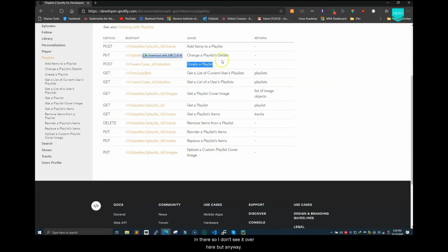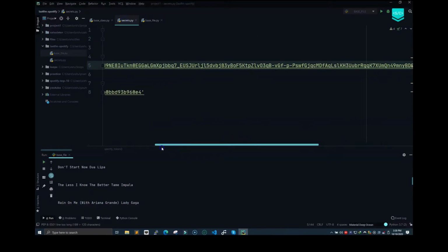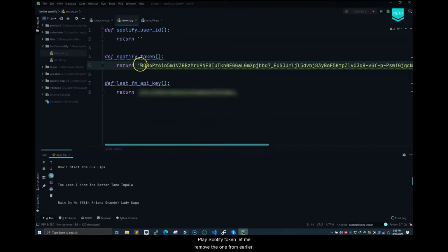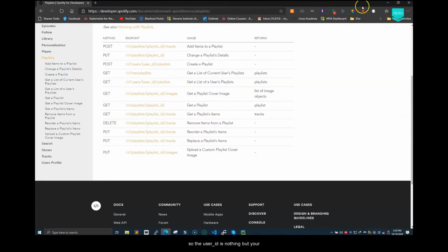I don't see it over here, but anyway, what we need in the secrets.py is the Spotify token. Let me remove the one from earlier. So here we need a token and the user ID. The user ID is nothing but your